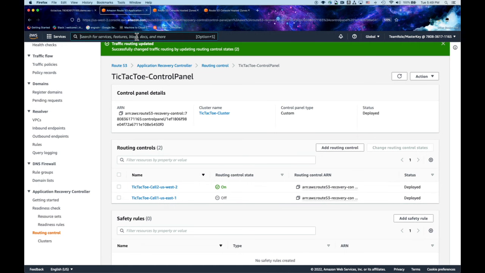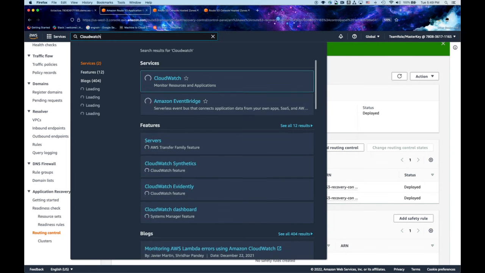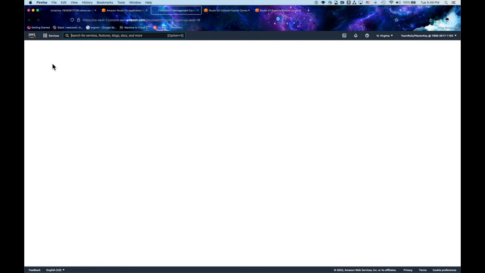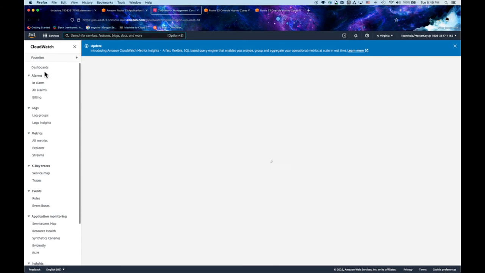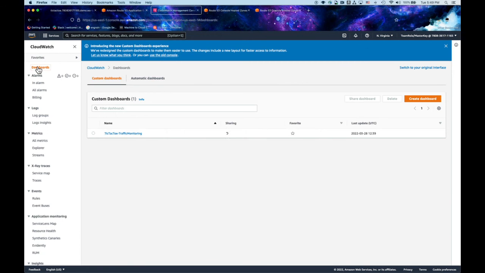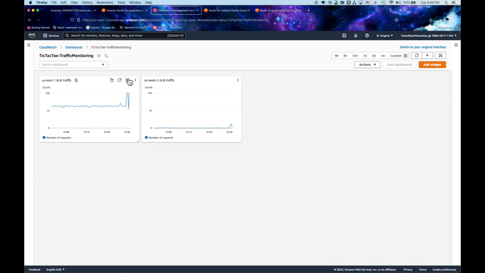While that's failing over, I do want to navigate to a CloudWatch dashboard that Miguel and I put together here. In this dashboard, what we'll try to observe and monitor is the traffic going to the respective load balancers for our application architecture.